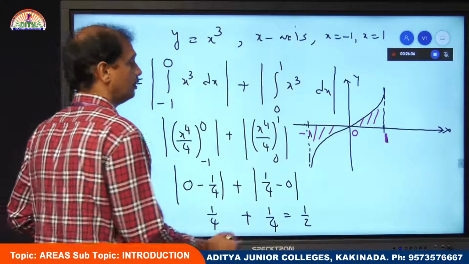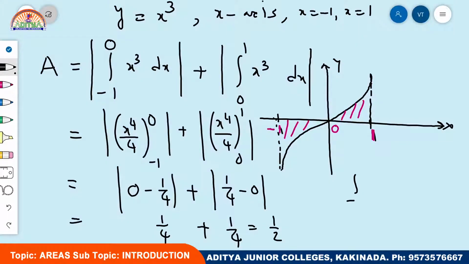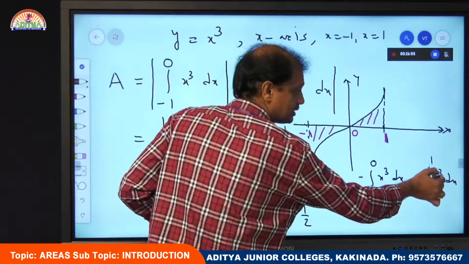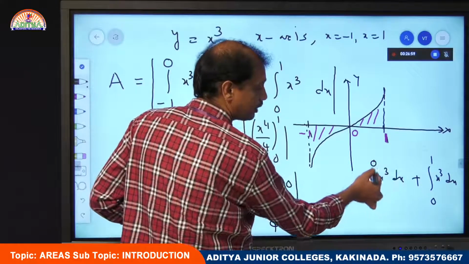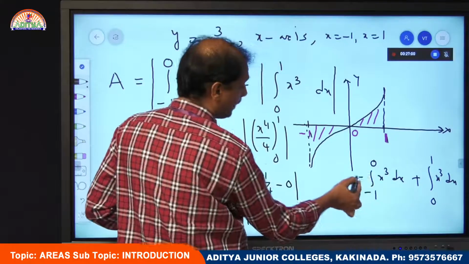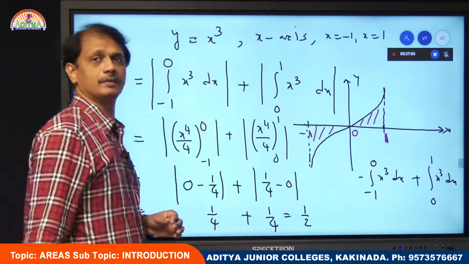Suppose you know here it is negative, here it is positive. In that case, you can take this as integral minus 1 to 0 with a minus sign because it is a negative quantity, plus integral 0 to 1 x cube dx only because it is a positive quantity. I consider it like this. Here I am using case 1, here I am using case 2. If you integrate, what are you going to get? This is minus 1 by 4. Minus of minus becomes plus 1 by 4. Ultimately, this is the total area.